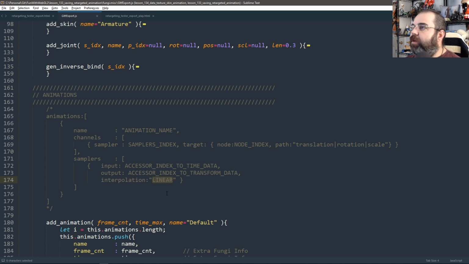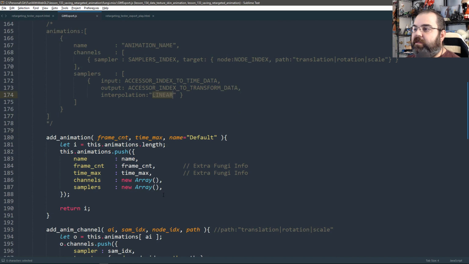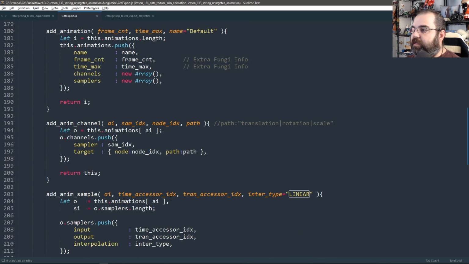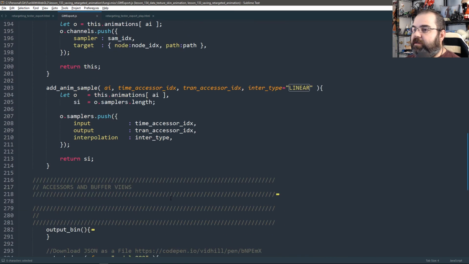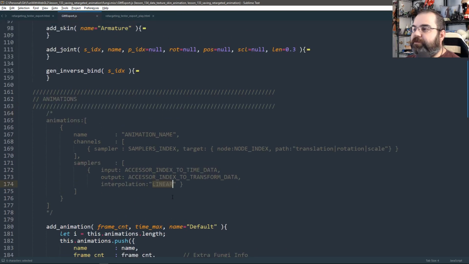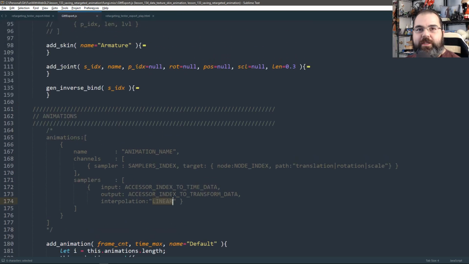And there are other ones, but I don't know if I saved the list here. Did I save the list here? I know I had it somewhere. The list says there's cubic, linear, step, and probably one or two other ones. So that's what the sampler is: the time array and then the actual data array. And then the channel